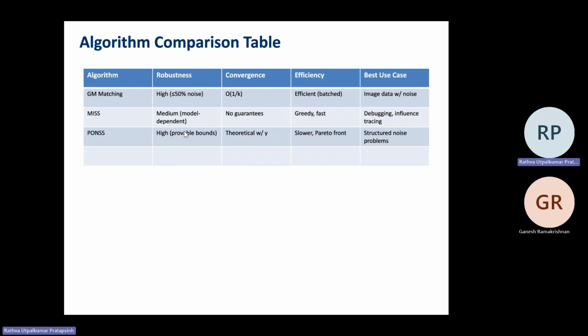In MISS, it takes a different route. It performs spectral decomposition of the data using a filtered mean, and it essentially removes the components likely to be corrupted by the noise. But in GM, it's different. So that's the main difference between these two. I'm not sure about the PNSS. And the best use case for GM is the image data, and the best use case for the MISS is